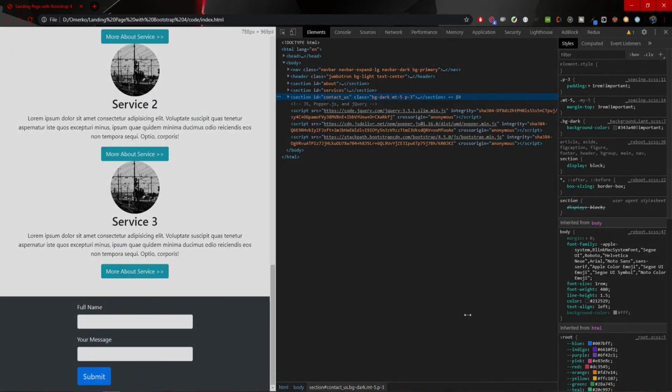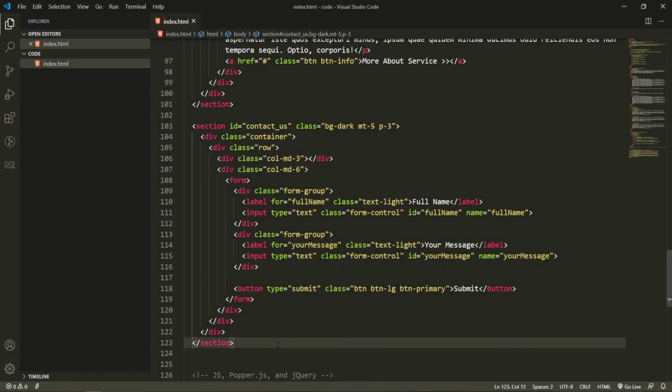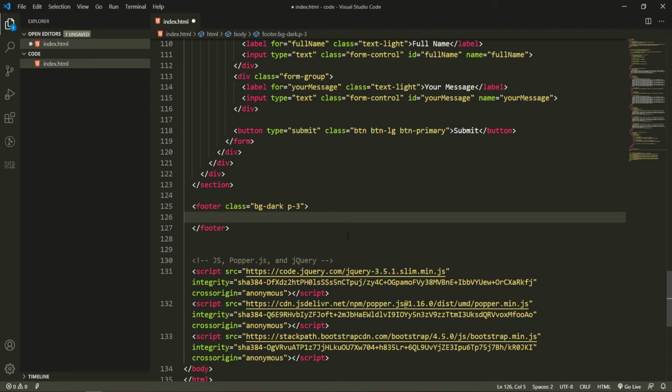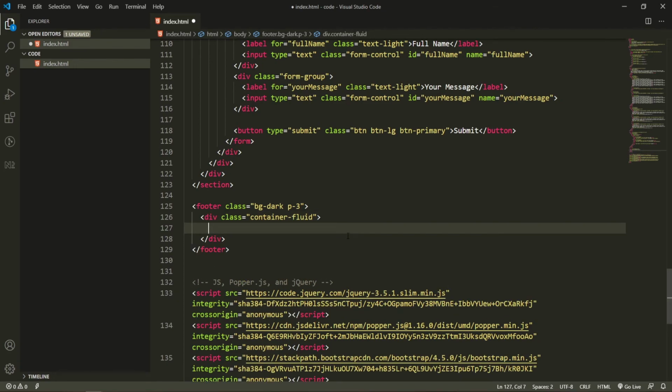Looks nice. So for footer, here I would add a section called footer, then classes to it of bg-dark, so it kinda looks the same as the contact us section, then p3 for padding, and I would add a section of container. Let's use fluid here so you could see the difference, but I think that you already know Bootstrap. Then a row,